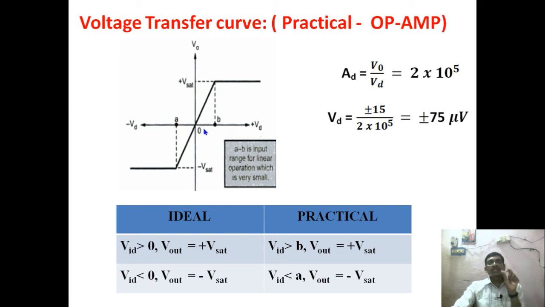This is a very small range. So we have to give that much small voltages to work with the operational amplifier. Otherwise, our output is always plus V saturation or minus V saturation only. There is no use if we have the saturation outputs. So we have to increase the linear range of our operational amplifier by using some feedback, etc. So in general, if you use the op amp in open loop, then the input range is only 150 microvolts, 75 on the positive side and 75 on the negative side.